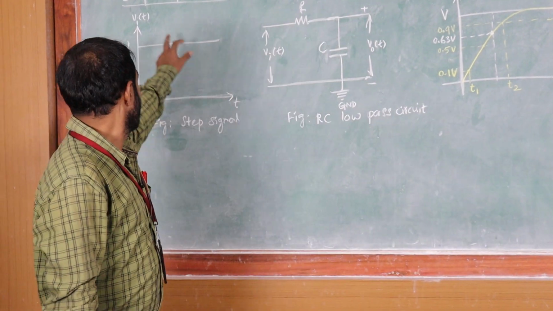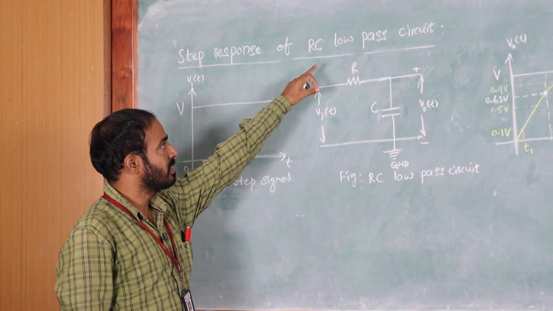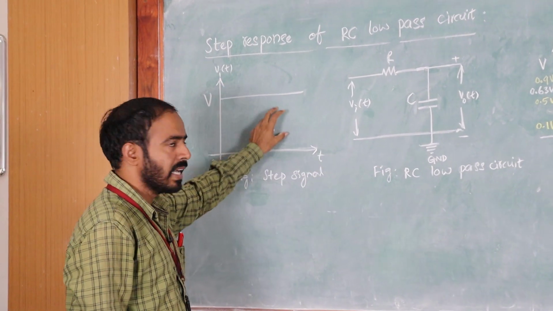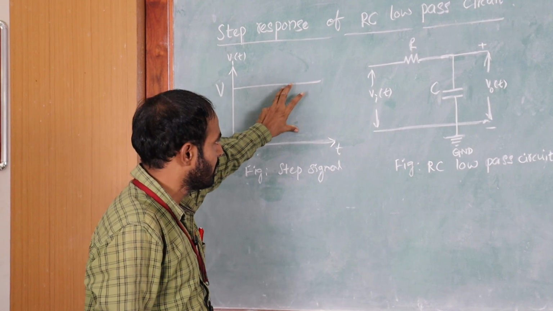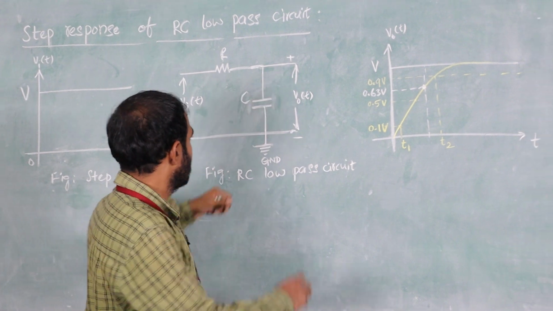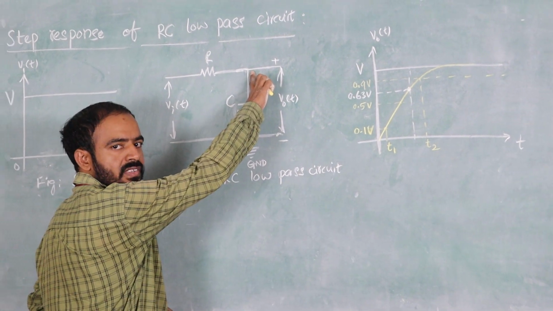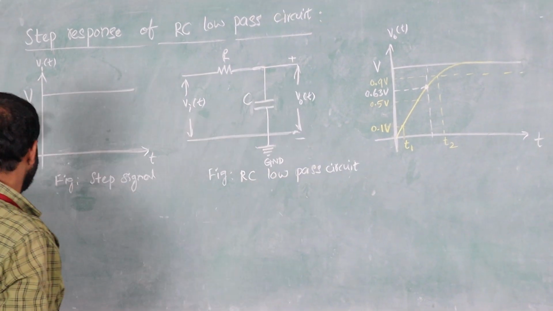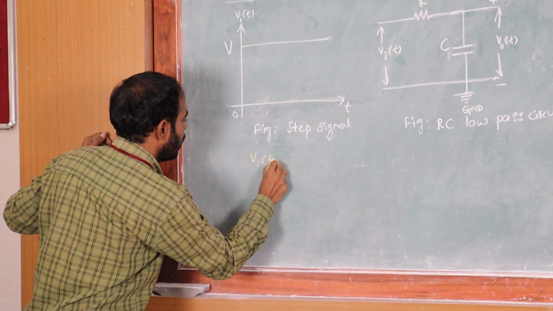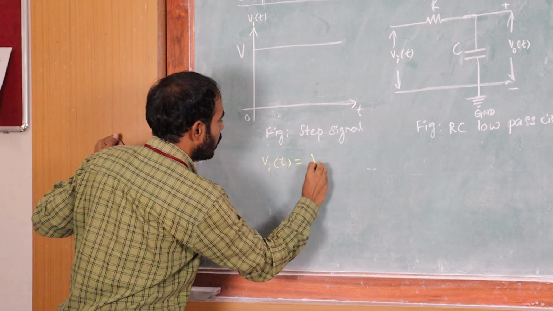I will explain the step response of RC low pass circuit. So here I have taken the step signal as input. I am applying this signal to RC low pass circuit, and we have to observe the voltage across the capacitor. So here mathematically you can express this signal like this: Vi of t equal to V volts